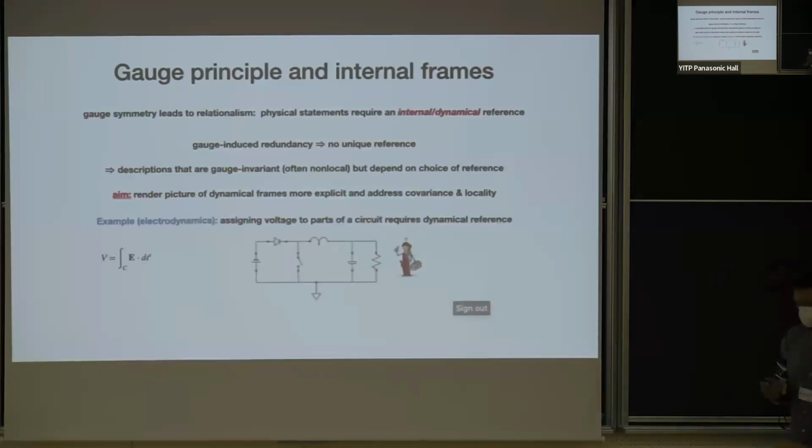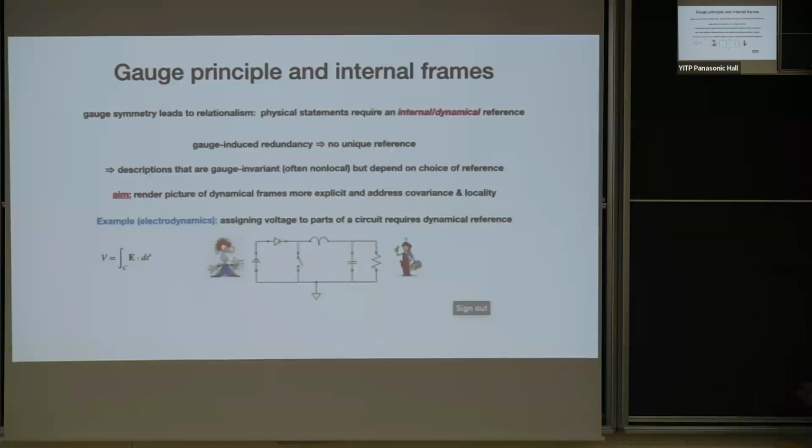Just to provide you a bit of intuition that even internal frames in gauge theories have physical significance, let's look at a simple example. Suppose there's some kind of electrician wanting to measure voltages of different parts in electric circuits. Well, this is in general not possible without you referring to some kind of reference. And if there's perhaps a second electrician, depending on how they're charged, they may give quite different accounts of the same parts of the circuit, and maybe they get a shock, and maybe the other one doesn't.